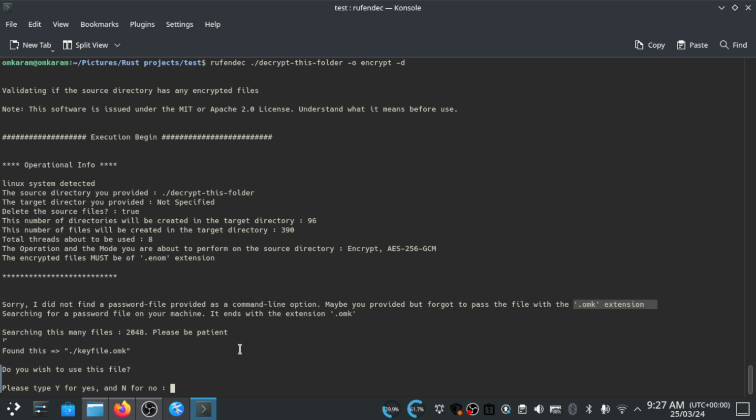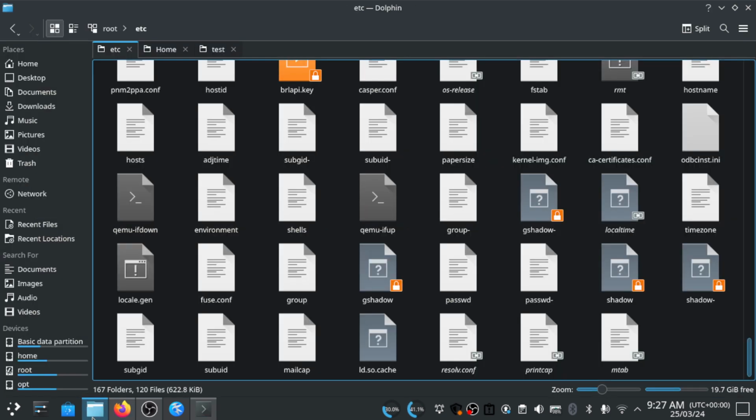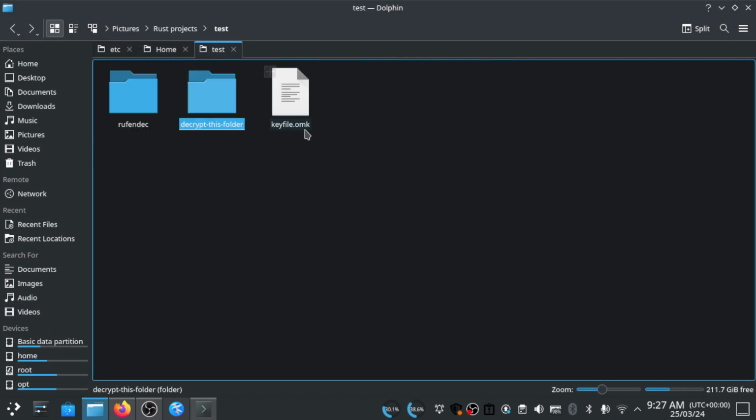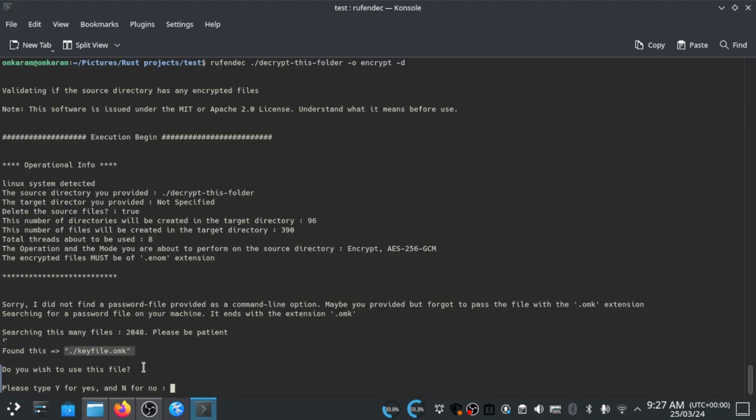password and salt. Okay, so as you can see here, it has just found the key file .omk somewhere in the, where is it? It has found it here. All right. So it has found the key file, and so it's asking whether you want to proceed with it. I'll just say yes. All right. So if I just say yes,